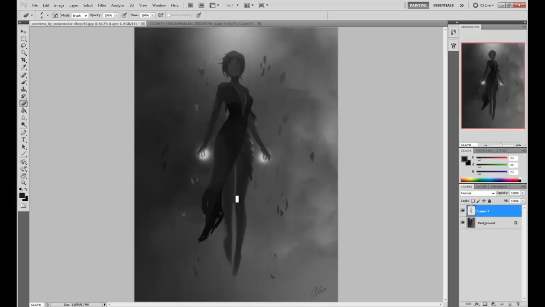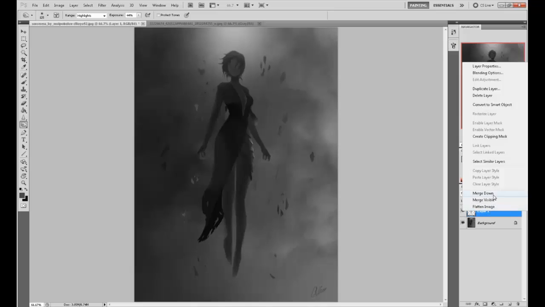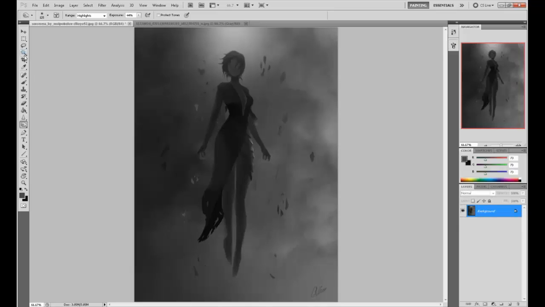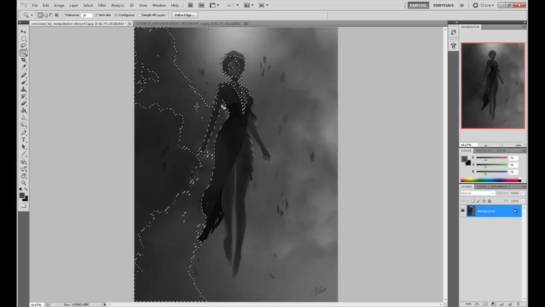So right now she is in the shadow. I'm also going to dim these highlights that she has in her hands because they're extremely distracting. I'm going to dim them down a little bit. Just like that. So this is the primary light source behind her. She's in one solid shadow. If you have this clean shadow, you can do a lot at this point. So now let's sort of